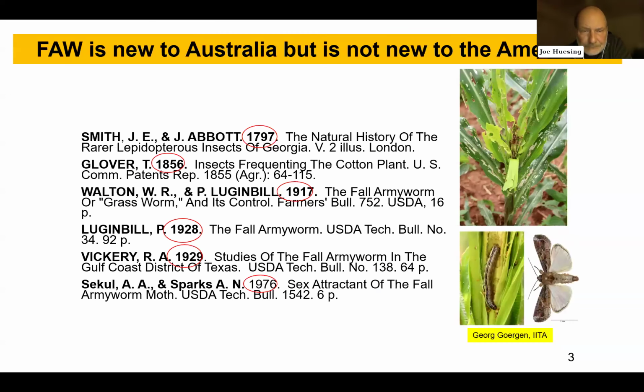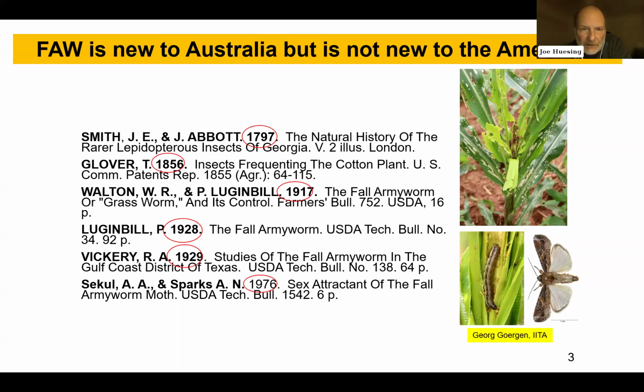Next slide, please. So fall armyworm's obviously new to Asia. It's not new to the Americas. In the U.S., in particular North America, we've been fighting this animal since literally the birth of the nation. J. Abbott was actually sent to the United States, before it was the United States, from the Royal Society, and he was the first guy to develop pictures of the fall armyworm and describe that damage. Then Townsend Glover, who was also a British immigrant to the United States, was an employee and entomologist in the patent office. We didn't have a USDA yet.